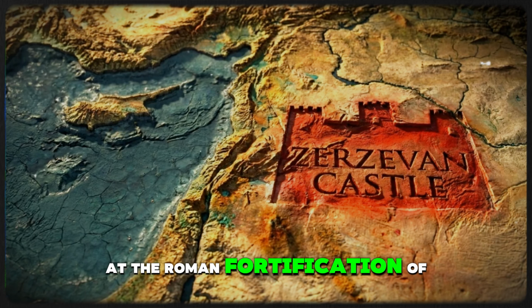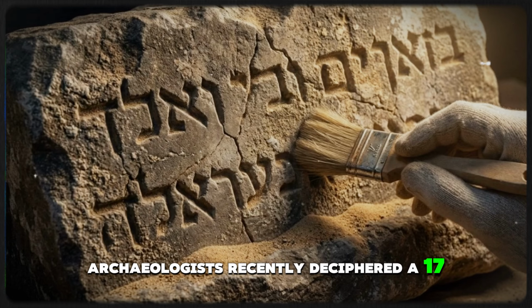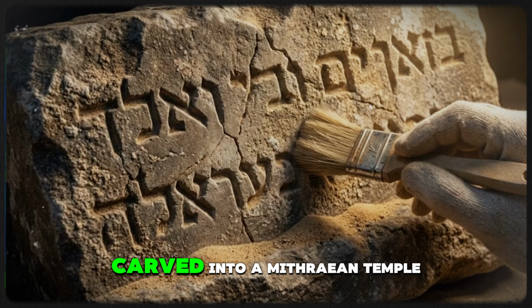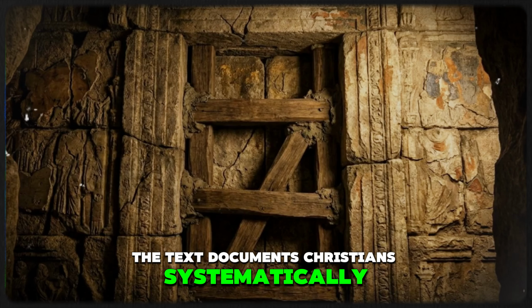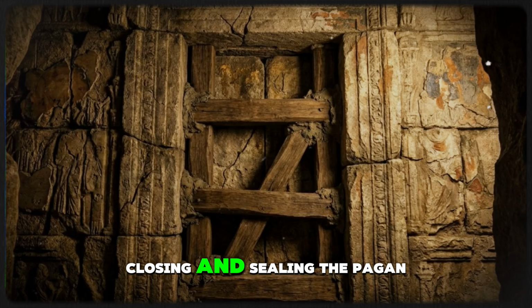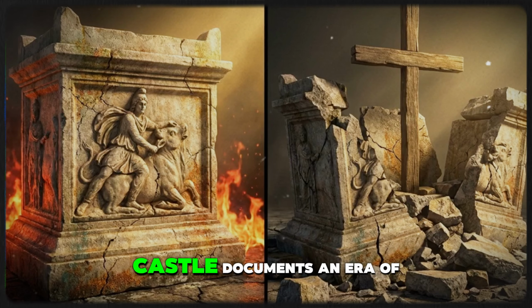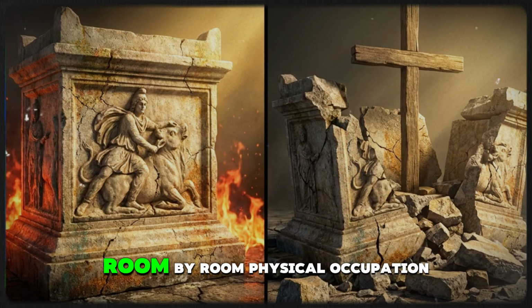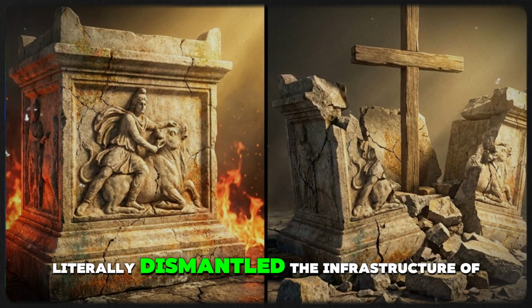At the Roman fortification of Zerzevan Castle, archaeologists recently deciphered a 1700-year-old Aramaic inscription carved into a Mithraean temple. The text documents Christians systematically overtaking, closing, and sealing the pagan sanctuary. The stone record at Zerzevan Castle documents an era of violent room-by-room physical occupation as early Christians literally dismantled the